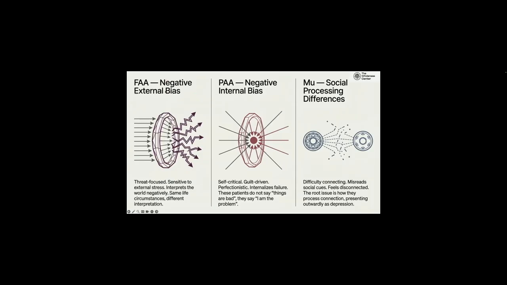Okay, their brain is shaped for a negative external bias. Again, labeled as depression. This is another subtype. So these people tend to be more threat focused. They're sensitive to external stressors, and they interpret the world and the things around them more negatively. Okay,